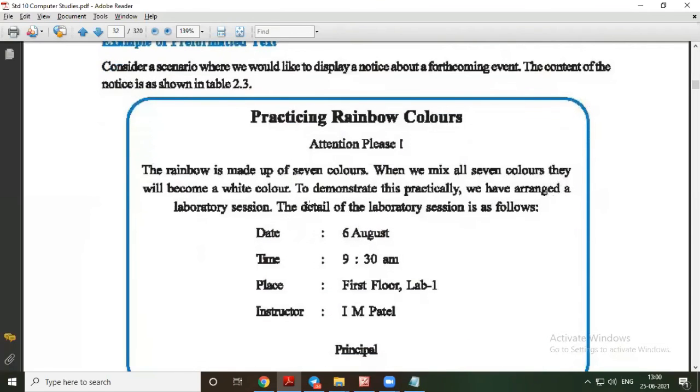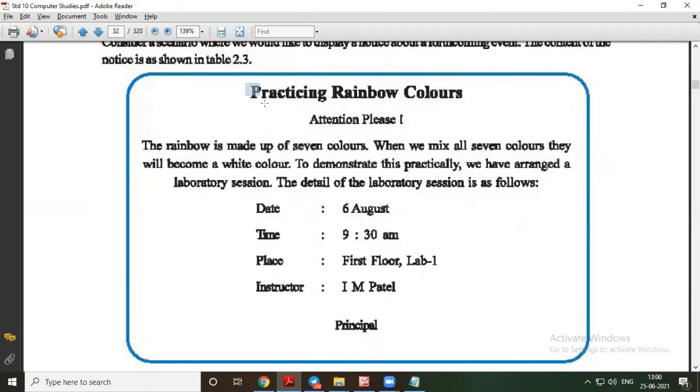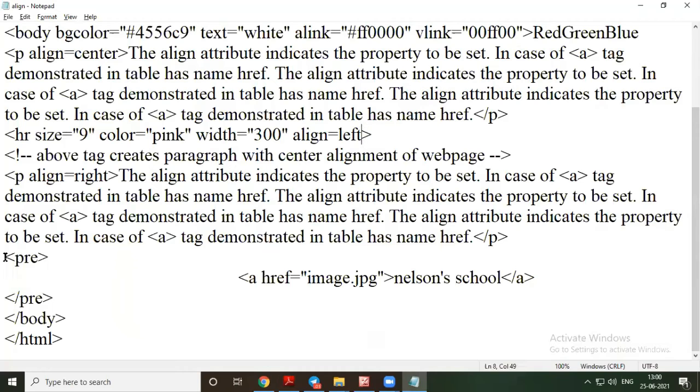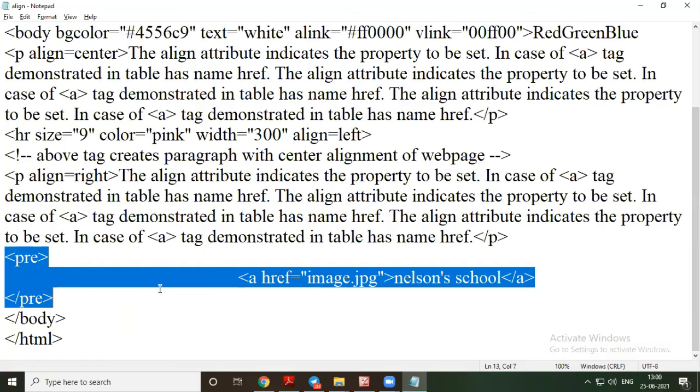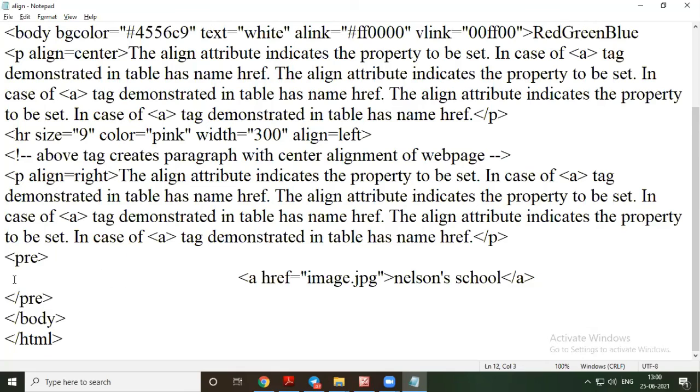Now, preformatted text we have already seen. This is one such example. If you have written something in this form, it will be visible as it is. This was our example: after pre and before slash pre, we left some space and then typed something.